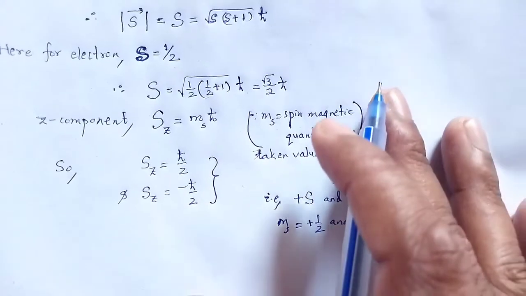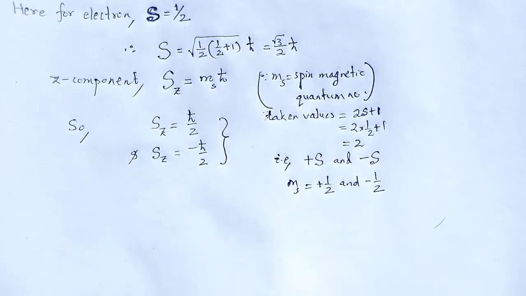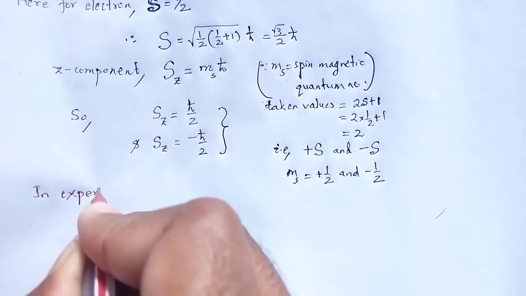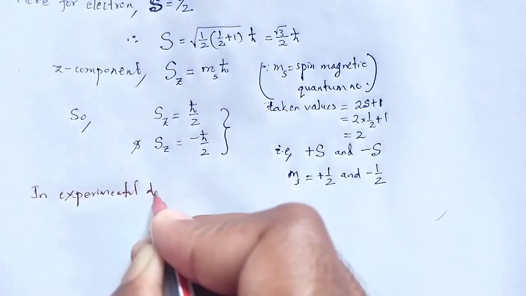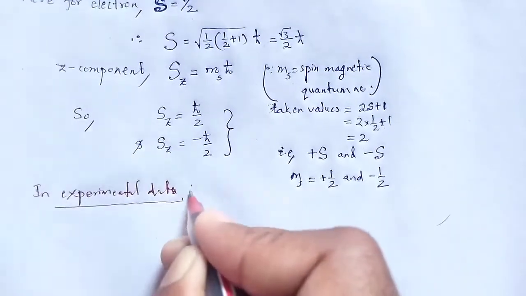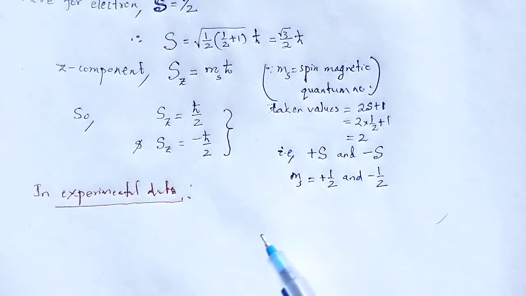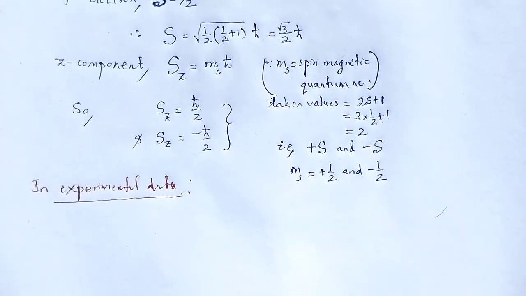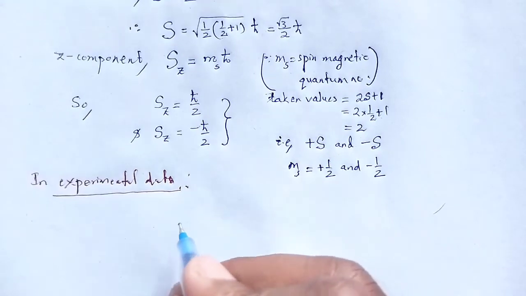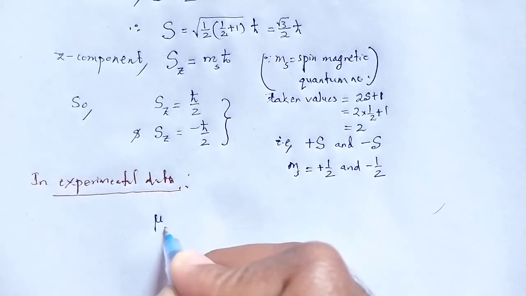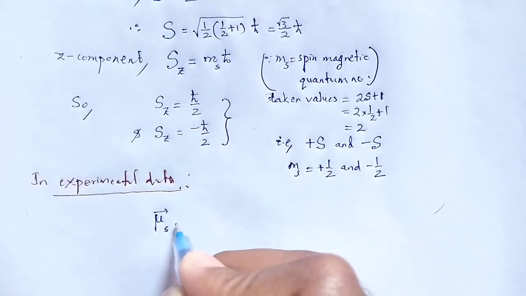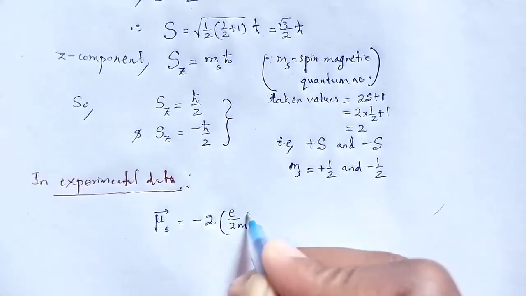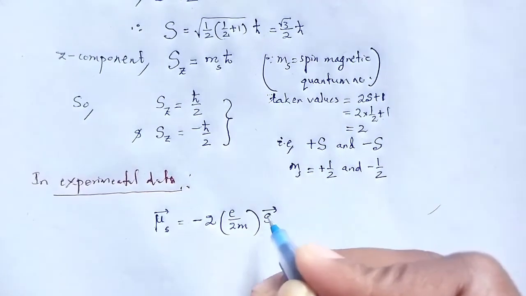Look here, from the experimental data, the spin magnetic moment is twice the gyromagnetic ratio. That is why we treat mu of s as 2 times minus e by 2m S vector,